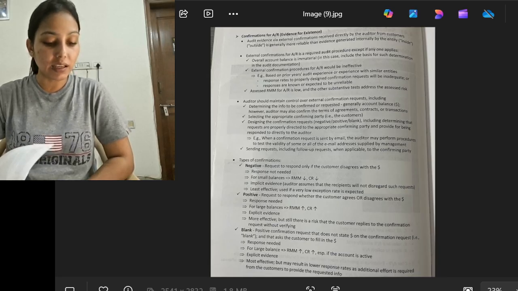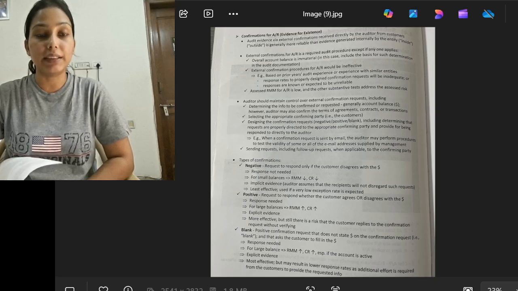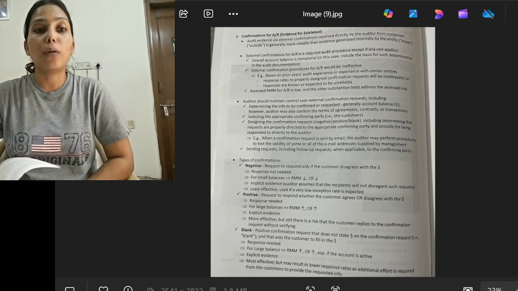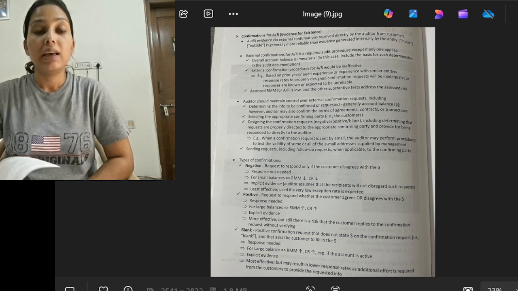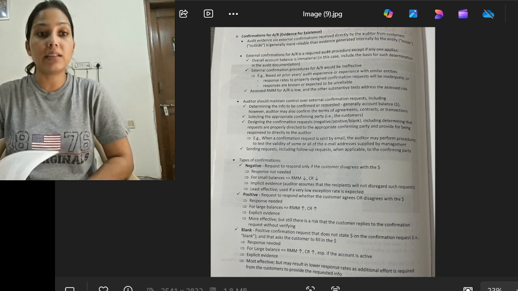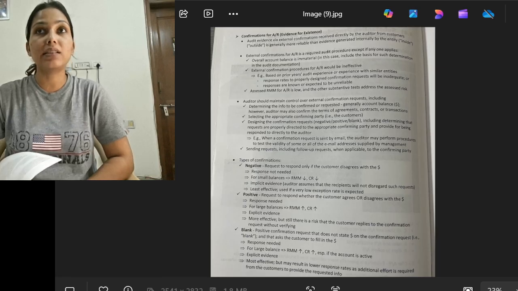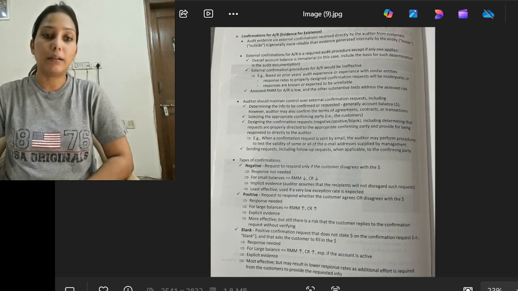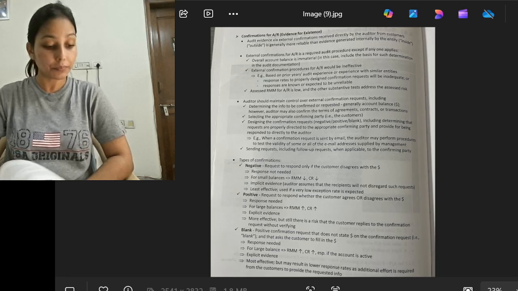Audit evidence via external confirmation received directly by the auditor from the customers, that is outside, that is the third party, is generally more reliable than the evidence generated by the internal entity, because the third party, the customers who are the debtors from whom the money is yet to be collected, will provide accurate results of what is due on their end. So that tends to be more reliable, and that is the best way to check the existence and to rely on the amount that has been disclosed.